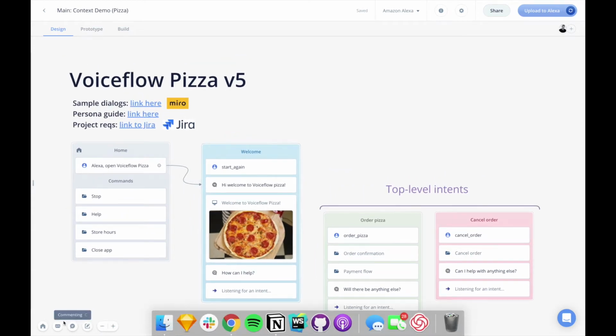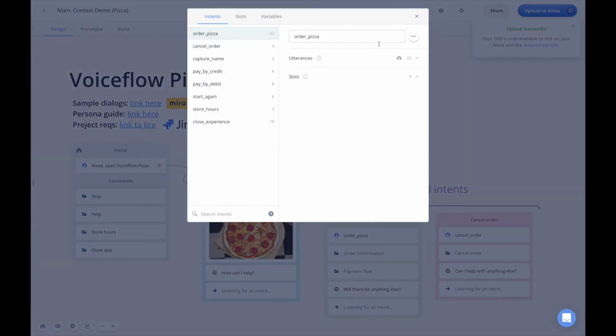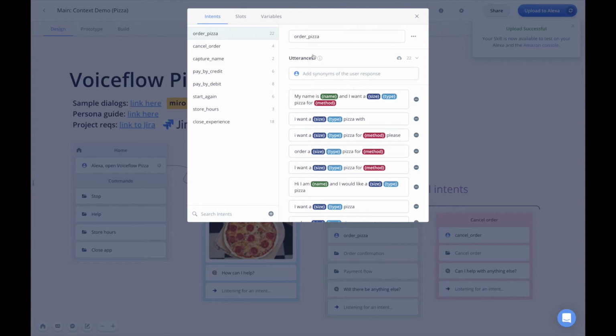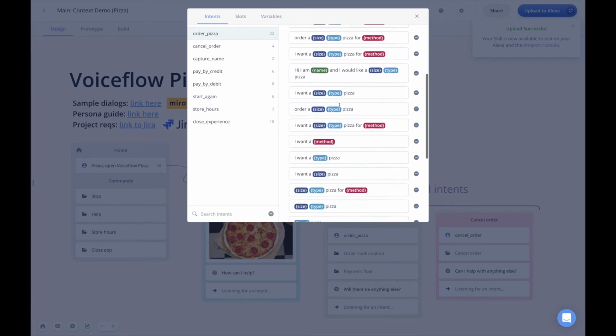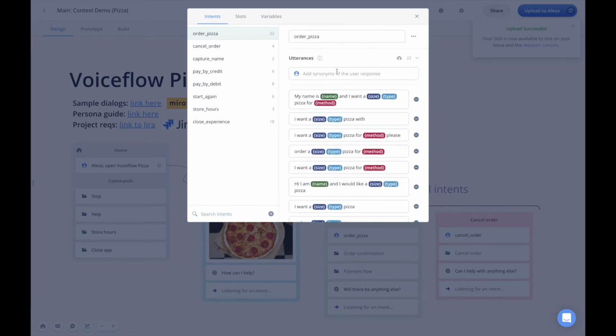And so if I actually go into our bottom left here, you'll see here's our model. You can actually open up these different utterances, so intents. So right now I have the order pizza intent. And I've got just a bunch of different utterances here. And if I actually want to create a new utterance with potentially even a new slot, I could